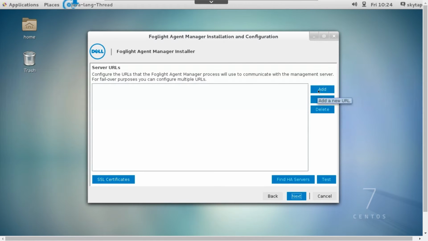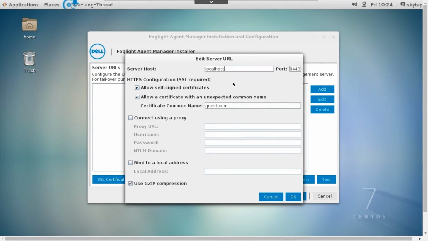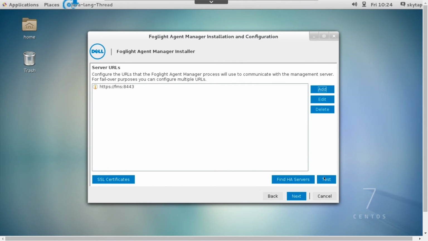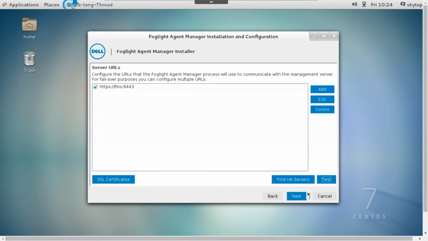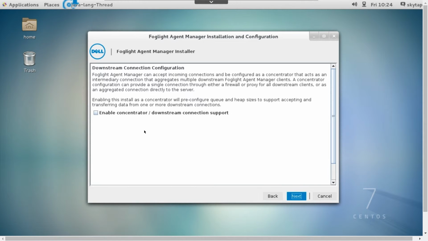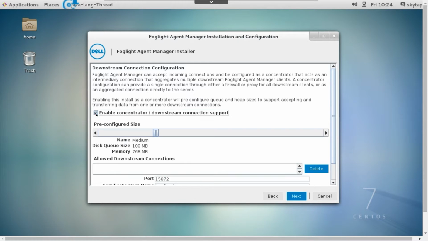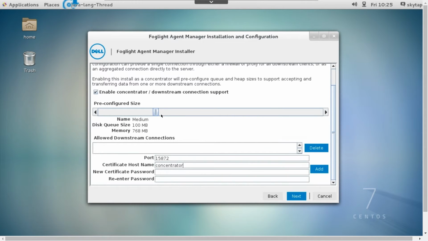Add the location of the Foglight server. Test the connection. And click Next. And check Enable Concentrator. You have the ability to pre-configure the size for memory and disk queue. You can decide on a port, give a new certificate password,